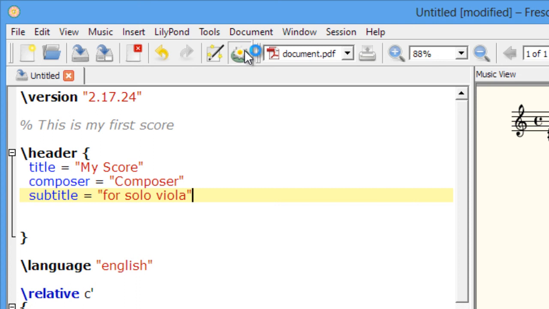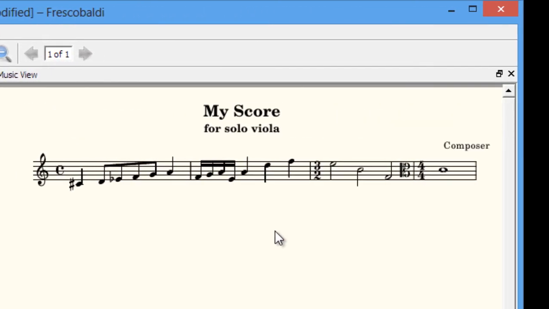Now when we engrave this, you'll notice that everything populates, and this is basically all I wanted to cover in